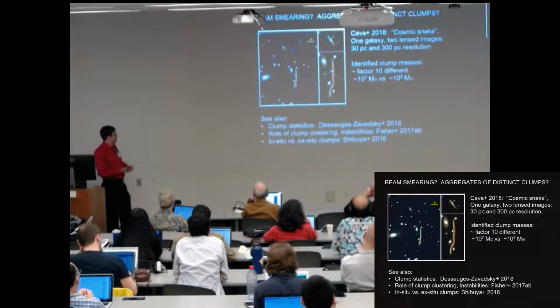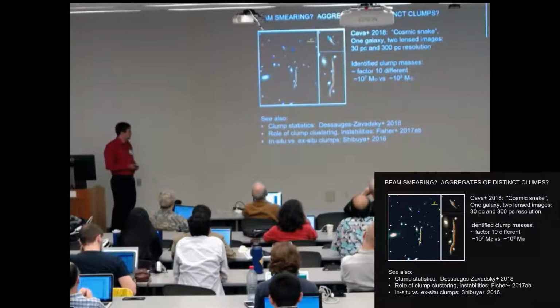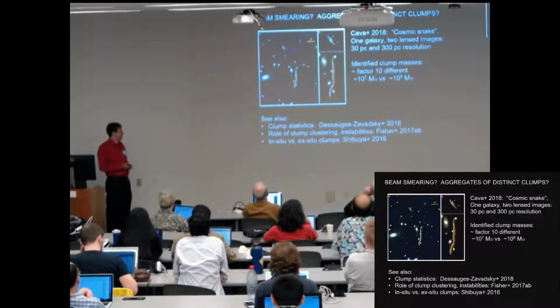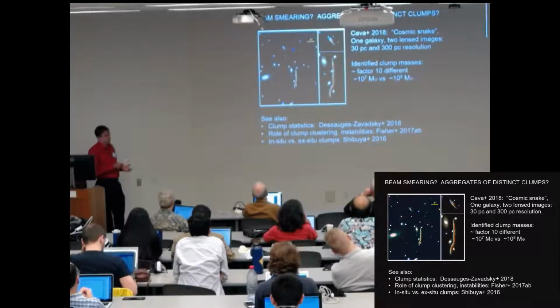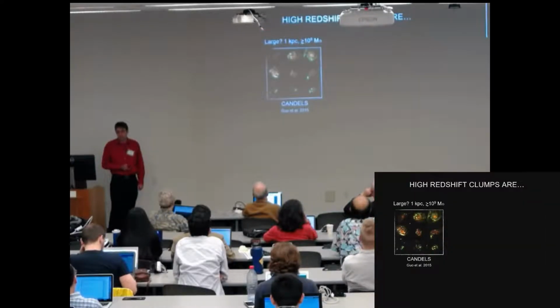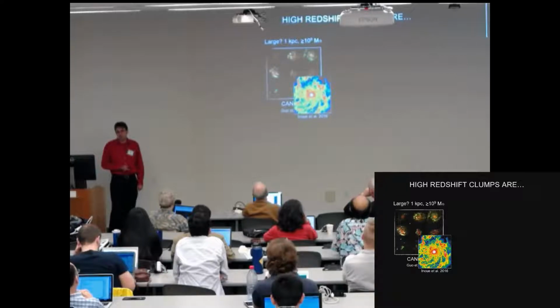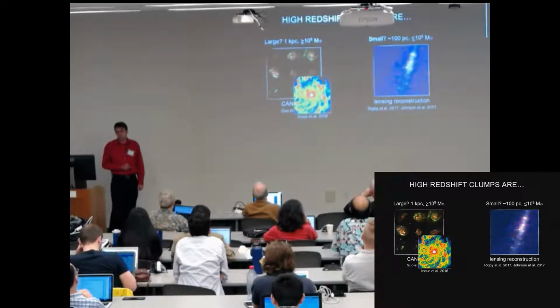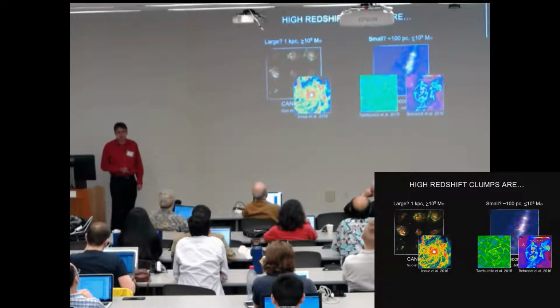There's also been some other work that I'd like to point out just briefly, looking at statistics and how clump clustering might contribute to this, D. Fisher's work on this, for example, and what the relative role of in situ versus ex situ clumps might be. So you have two interpretations: the clumps are large or they're small. And so given this